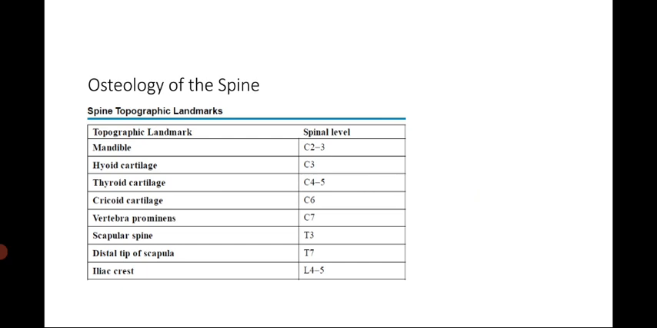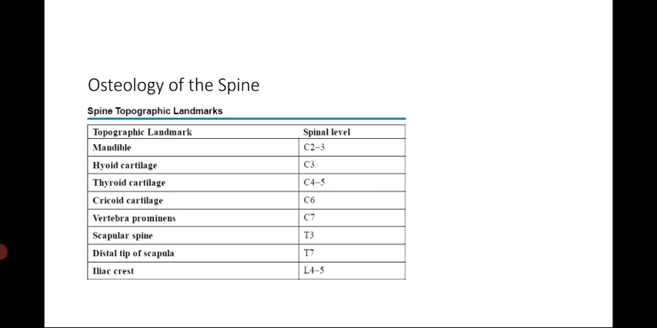So there are several landmarks for the spine. The mandible is usually located at the level of C2, C3. The hyoid cartilage is at the level of C3. Anteriorly, you can palpate the thyroid cartilage, which usually denotes the C4, C5 level. Inferior to that, we have the cricoid cartilage at C6, and posteriorly, at the base of your neck, you can palpate